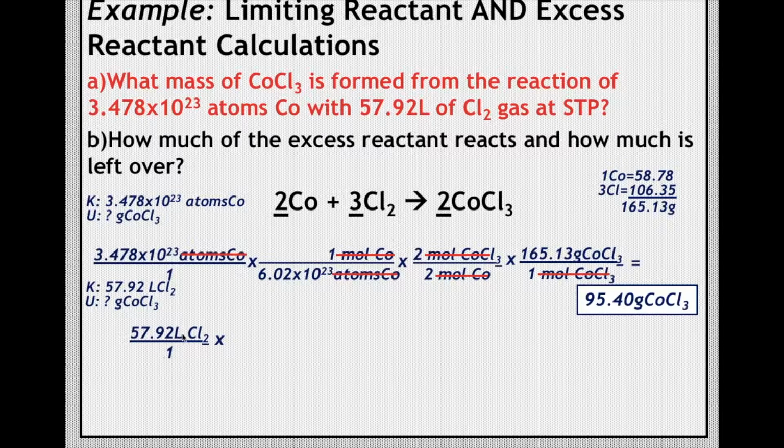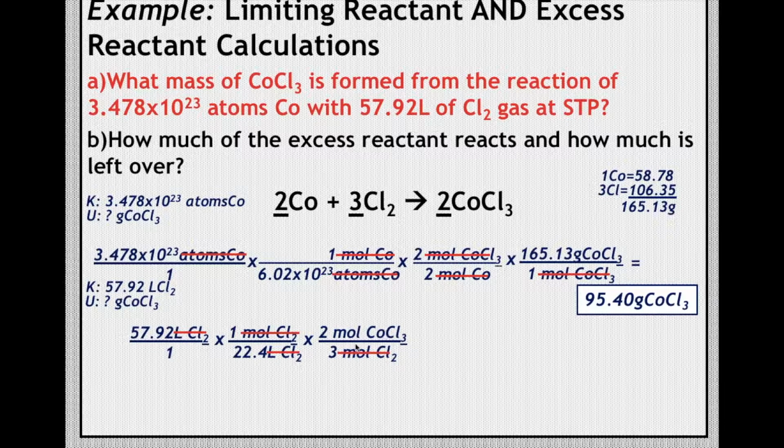Now we need to convert. If it's not moles, we need to convert to moles, okay? So to convert to moles, that's the 22.4 we're familiar with. And now that we're in moles, we've canceled out our liters of chlorine. Now that we're in moles, we need to do our mole to mole ratio, and this is where we get our coefficients from the chemical reaction over here. And then the moles of chlorine will cancel, and we at least have the correct element or compound that